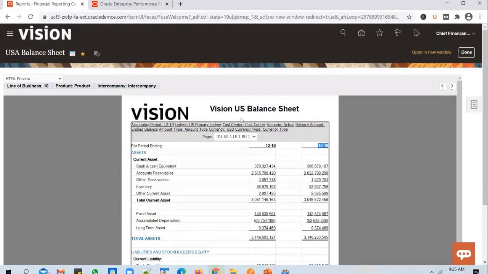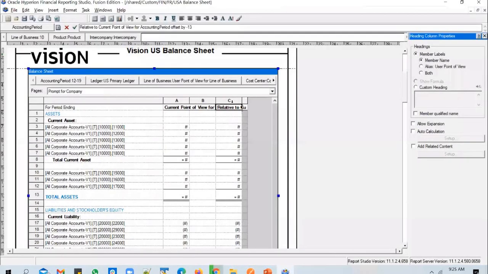But how did Oracle achieve this? In the report definition, they have configured this column as a relative member to the current point of view value. So this column is plain and simple: look at the value of the accounting period and pull the balances. But this is set up as relative to this 12-19, minus 13.